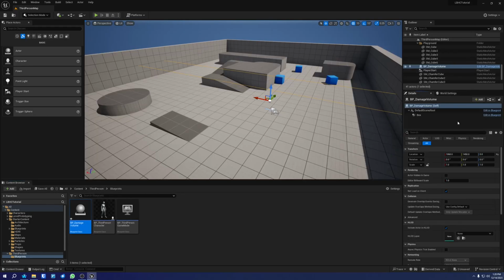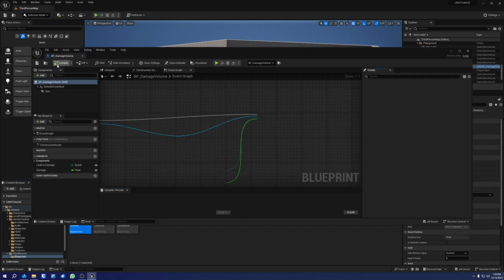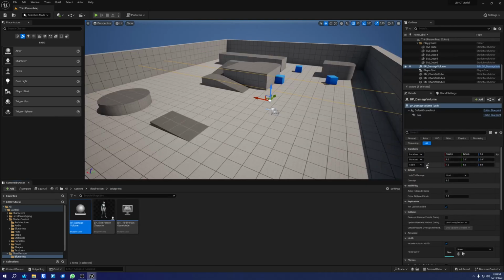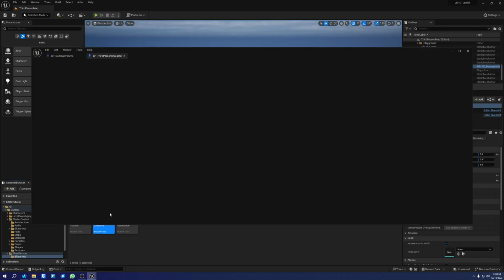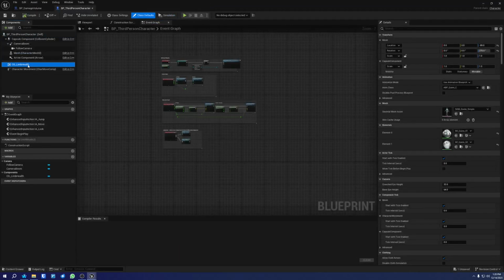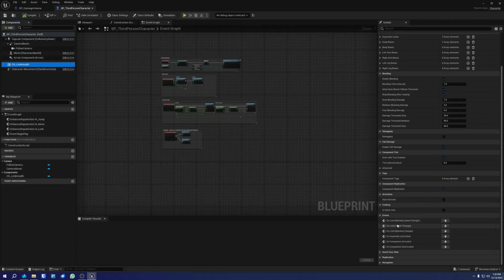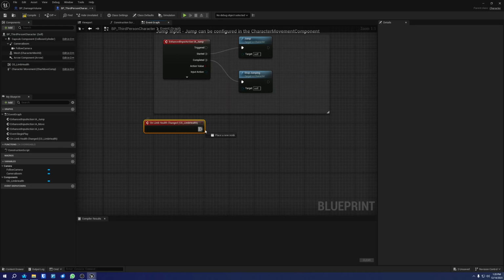Of course, let's change the damage amount of it. Let's compile first, of course. We'll damage the right leg and we'll give it 50 damage. And also, when we receive damage, we will, let's see, on limb health changed, we'll just print string, and we'll get